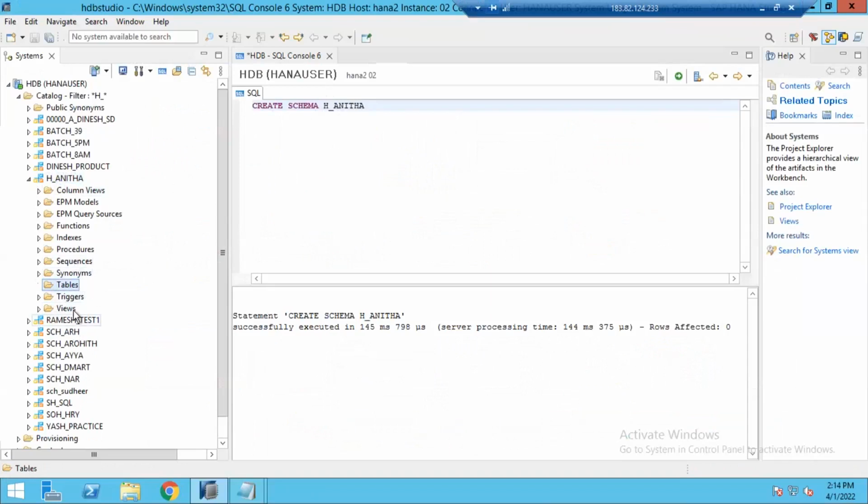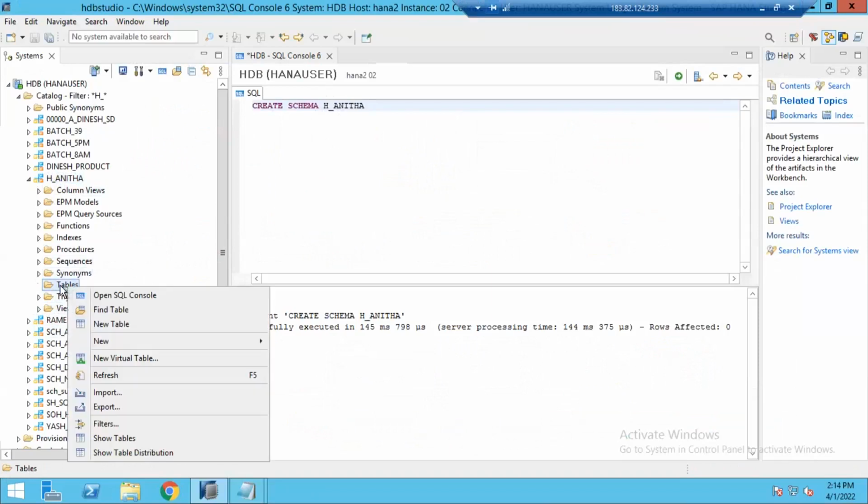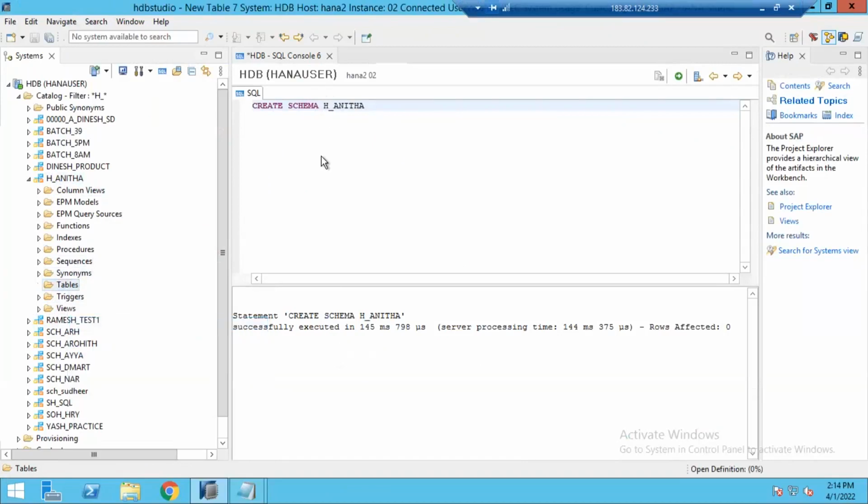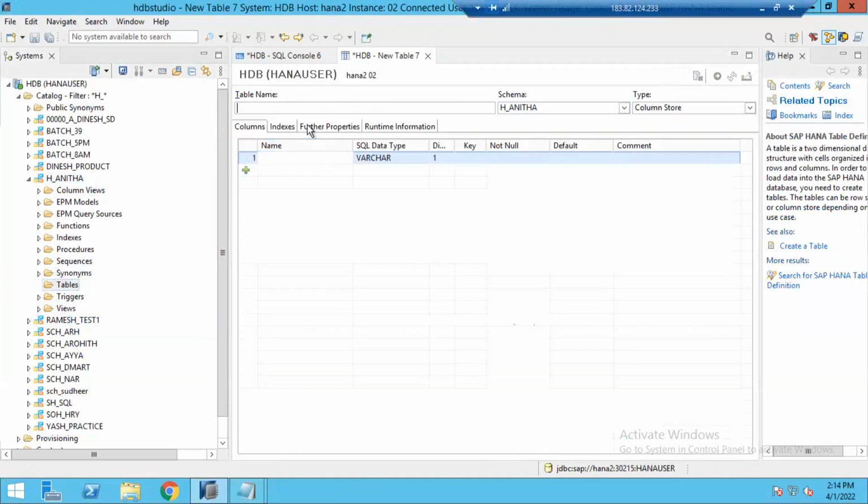Now you want to create one table. So how can you create a table? You can create a table in two ways. Using the graphical way, right click on tables, go to new, or else just click on new table. In this way you can create a table. Give a table name as sales underscore one, and then here you can give document number, varchar 10.